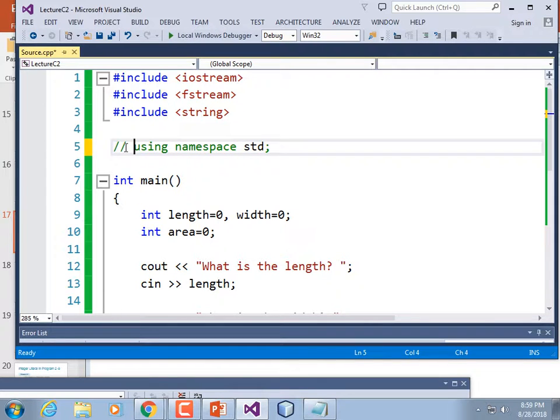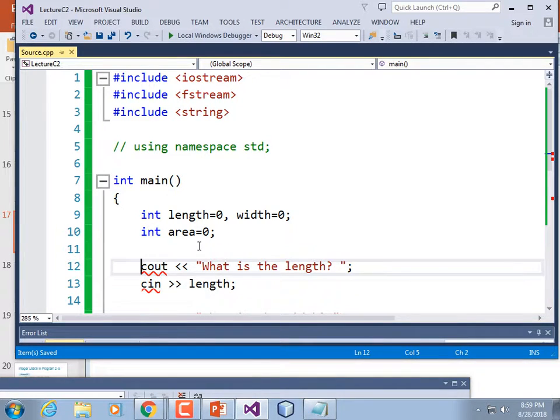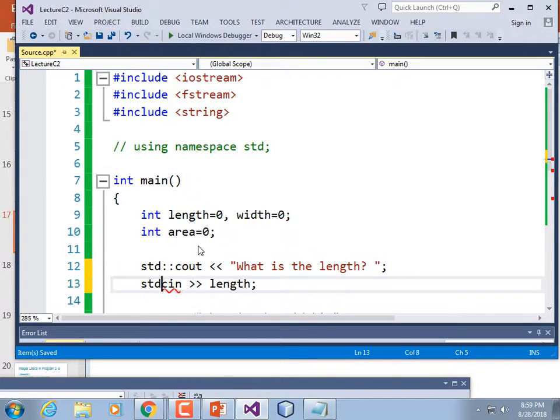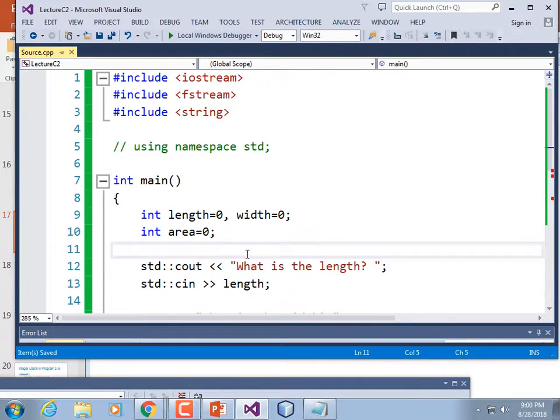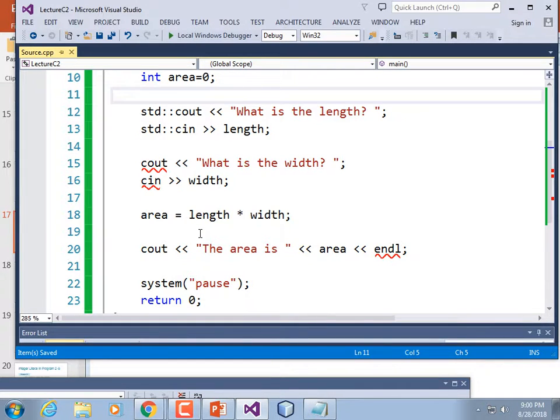But for now, if I remove that, the program is no longer going to work, and the reason why is our couts and our cins no longer work. That doesn't mean that they're not available to us, though. It just means that without this using namespace std, it doesn't know where these are. But if I go in and I make that std::cout and std::cin, that fixes that. Now I have other ones down, I would have to fix them all. And I don't think I'm going to bother to do that, but I would have to hit std::